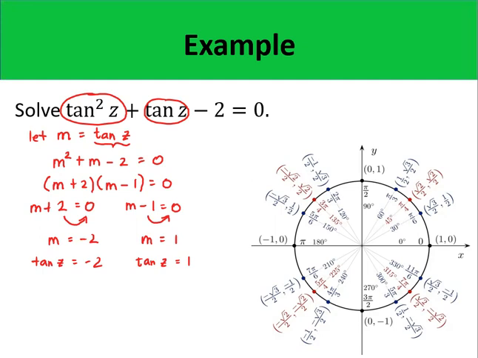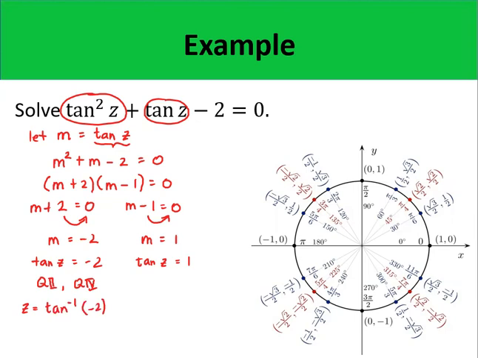So negative 2 here is not a usual value of the special and quadrantal angles on the unit circle. So in order to solve this problem, now we can make use of the inverse tangent function. Now remember, tangent is negative in quadrant 2 and in quadrant 4. So if we try to solve for z, we make use of z is equal to the inverse tangent of